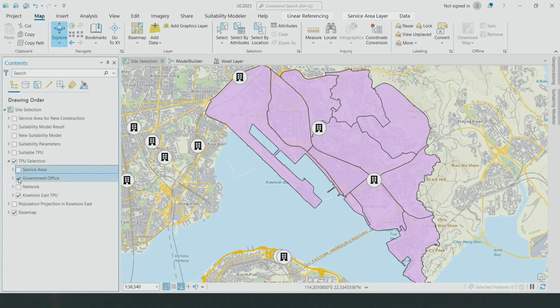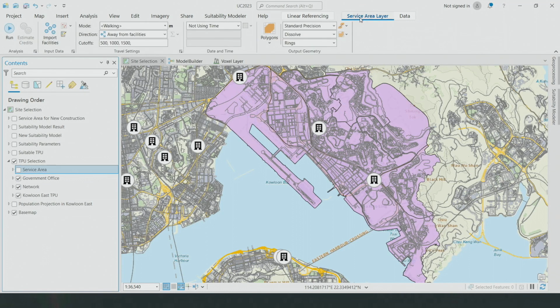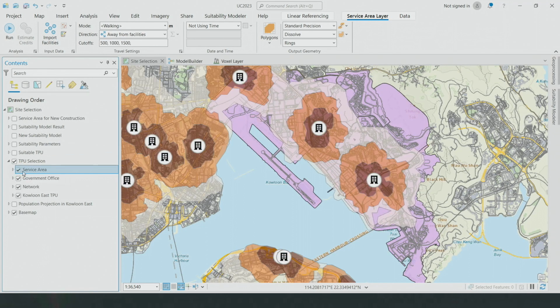To understand the extent of area that these offices are serving, we can use the surface area tool in ArcGIS Pro. By using Hong Kong's 3D pedestrian network and setting the cutoff parameter at 500, 1,000, and 1,500 meters respectively, the surface area with the corresponding walking distance then can be generated. It appears that the areas near the edge are not really within the 1,500 meter walking zone from a government